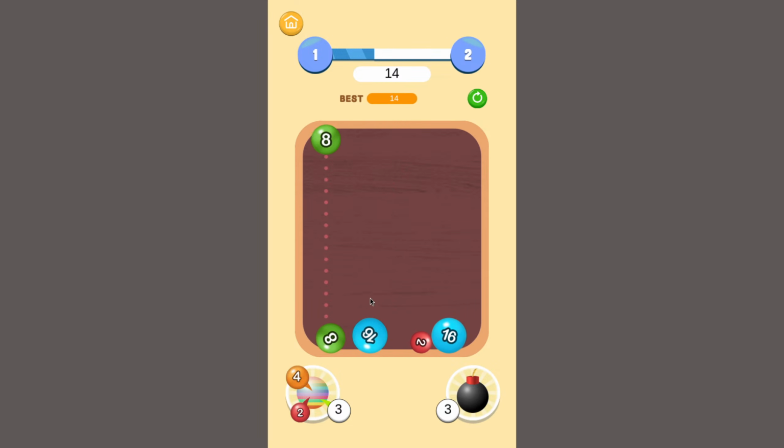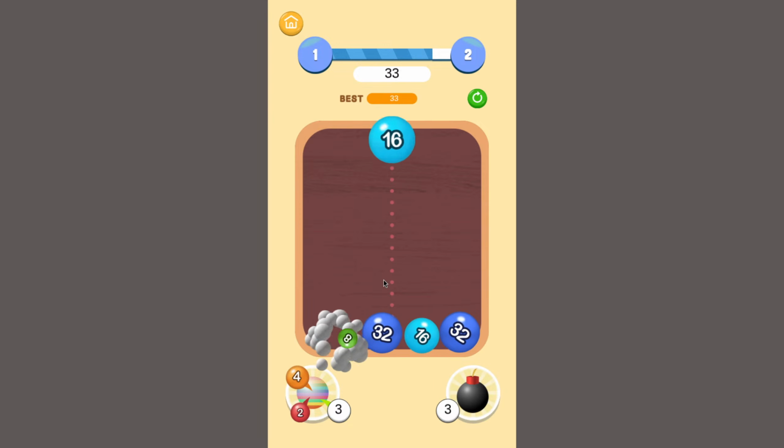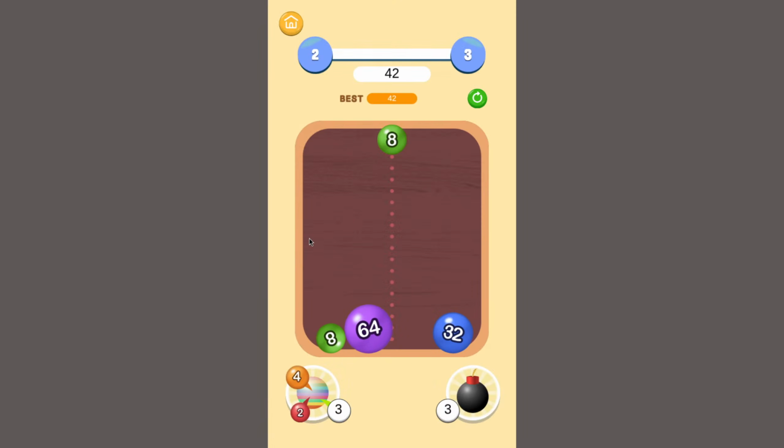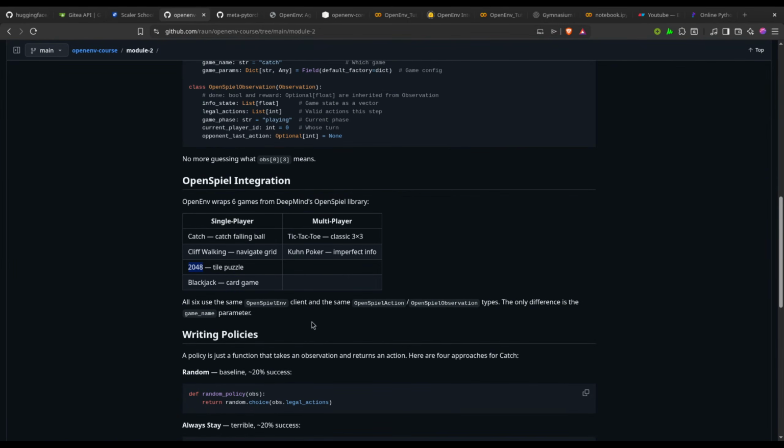Okay, this is the puzzle, or there is another game also which was to shift it rightward and leftward. So we will be seeing it together.